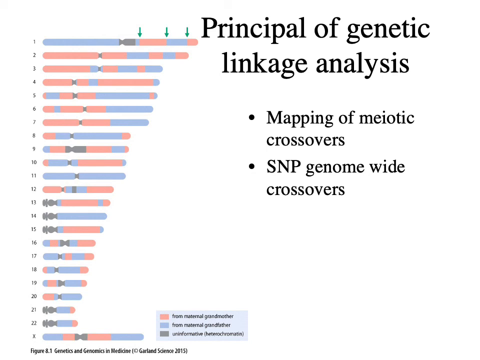This is a mapping of the human meiotic crossovers that occur genome-wide using a select 3 SNPs that appear in families. And you can take a look at this, and the pink bands show the maternal grandmother, the blue bands show the maternal grandfather, and the gray bands refer to areas that are heterochromatic and are not useful for this particular analysis. And you can clearly see in this diagram there are certain regions where